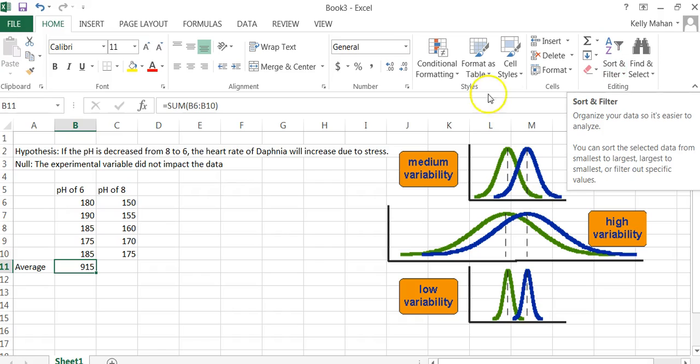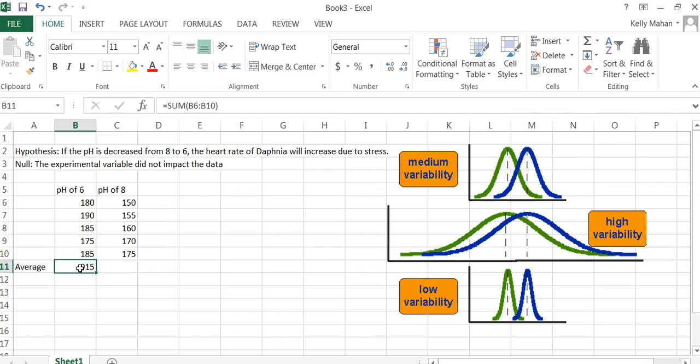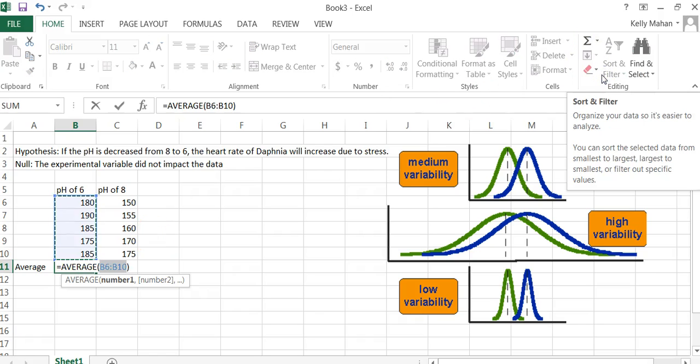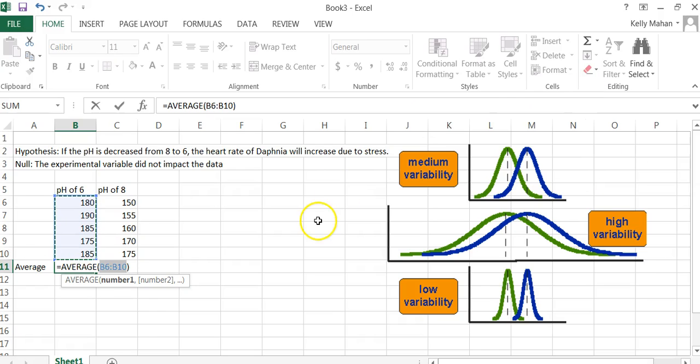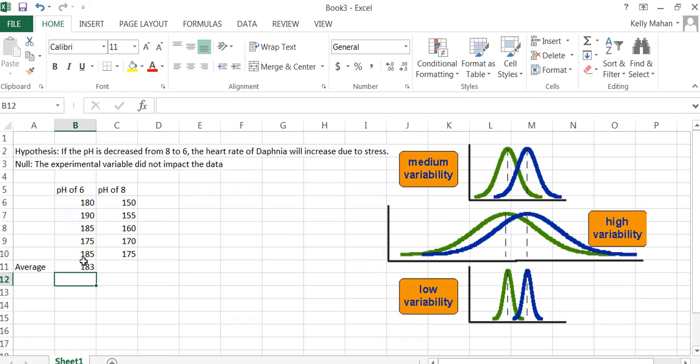I'm not quite sure what just happened there. I think it still summed it. Okay, average. So if I click average, it automatically is going to guess that I want to average the data on top. That's what I want to do. Good job. So I'm just going to hit the enter